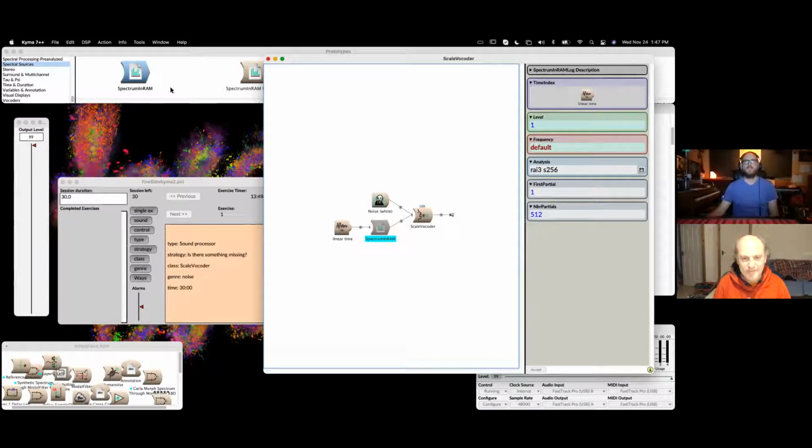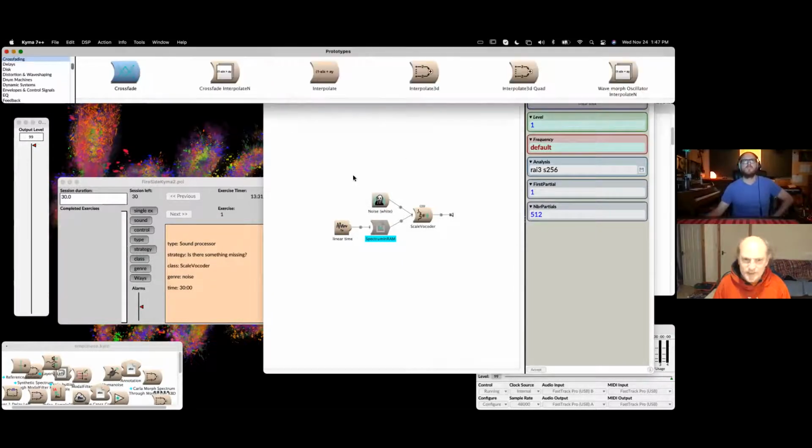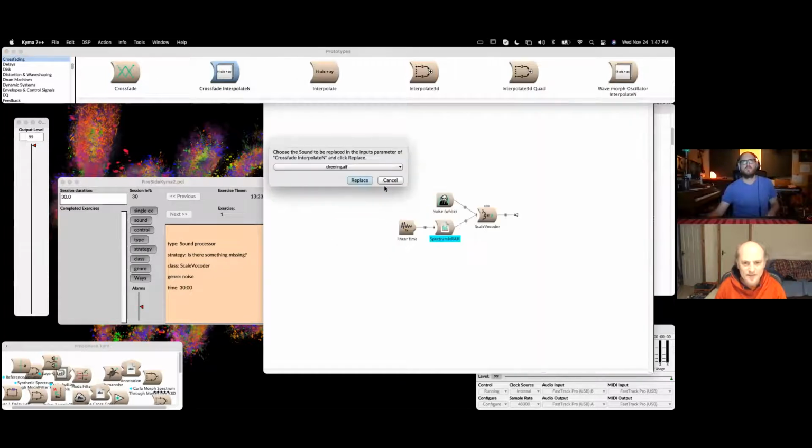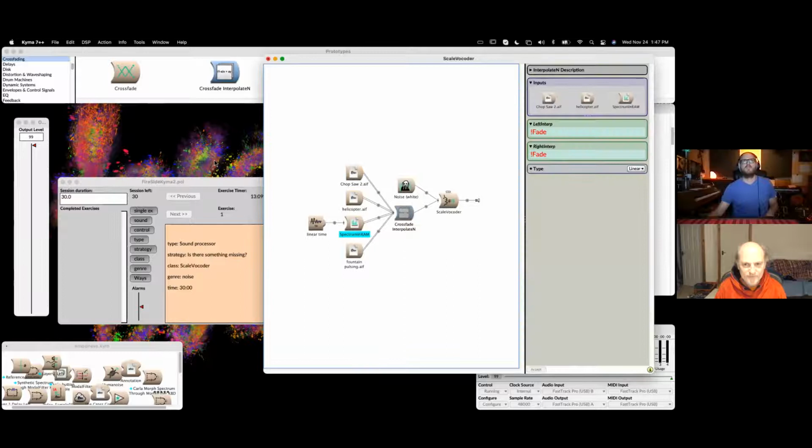we want to just grab another Spectrum in RAM down here. And you could put either a mixer or a crossfader or something, maybe a crossfader. Crossfader is not the best one. You want Crossfade Interpolate N, because it doesn't have the sort of panning thing. Oh yeah, it's got 4 inputs by default, so you can choose any of those to replace. Oh, okay, yeah, because we're gonna lose it anyways. Yeah. Got it. Okay, and then we want to